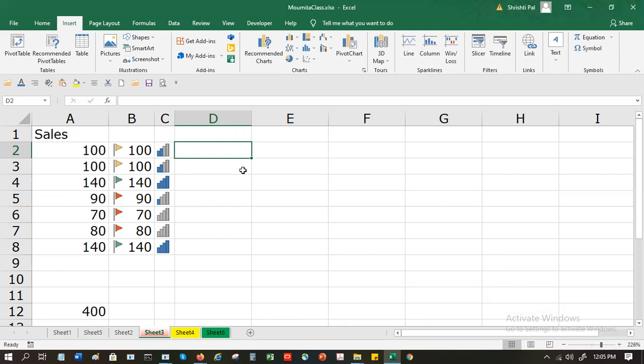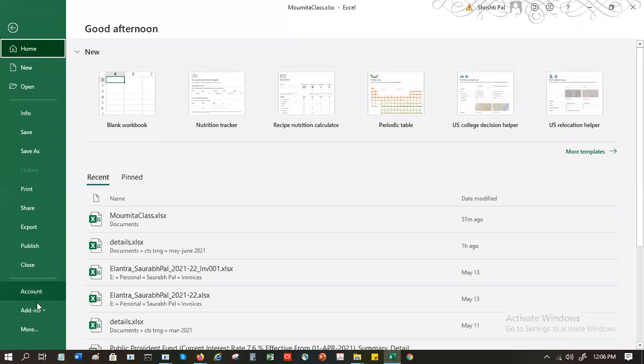The previous version did not have things like sunburst or waterfall. এগুলো এখন স্ট্যান্ডার্ড চার্টস হয়ে গেছে, আগে এগুলোকে ম্যানুয়ালি ম্যানেজ করতে হতো। আপনারটা কি 365? না, আমারটা উইন্ডোজের Excel 2016. So to know this, I go to Excel account.